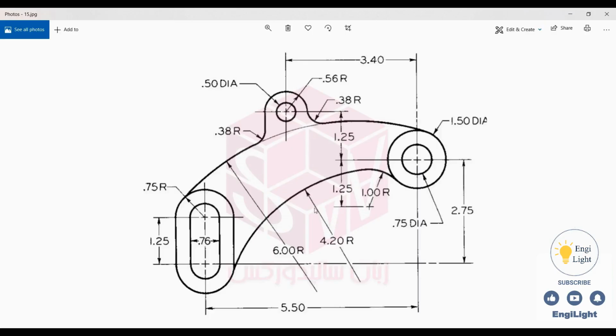To start drawing this sketch, I'll place the origin at this point, as I want to begin with this circle, and most dimensions are referenced from this point. For example, dimensions such as 1.25, 1.25, and 3.4, among others. Another important note is that the dimensions in this sketch are in inches, so we need to change the unit